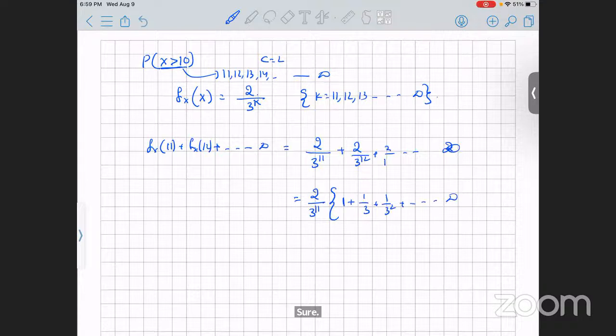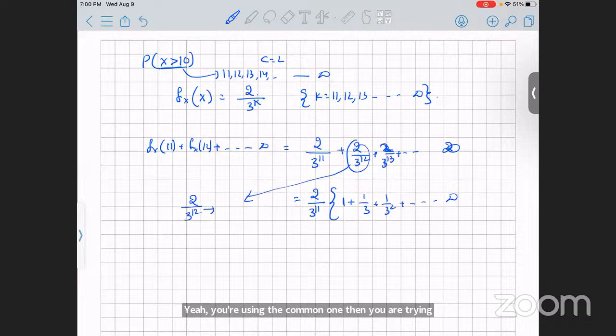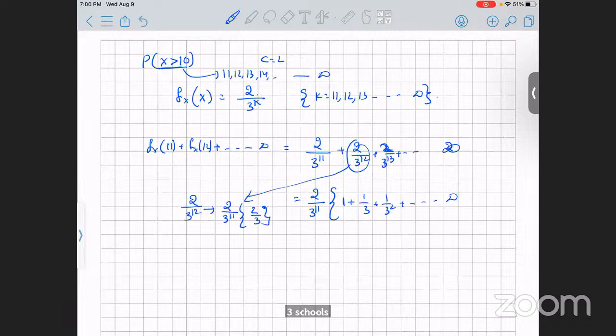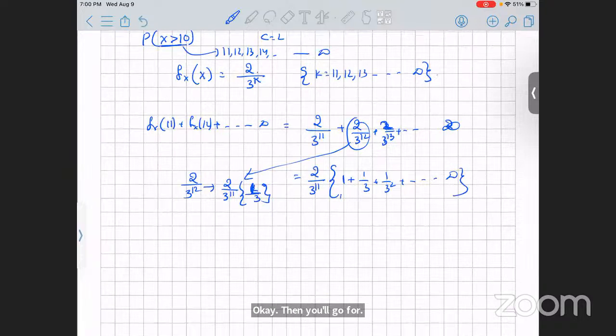Agree? Are you getting this? Look, I will explain. You take this common one, then 3 power 12 can be written as 3 power 11 into 3, so it is 3 power 11 into 1 by 3. Okay, and then this is again an infinite